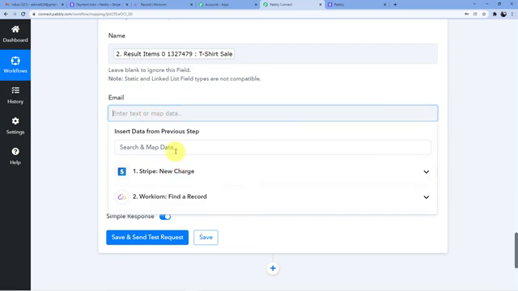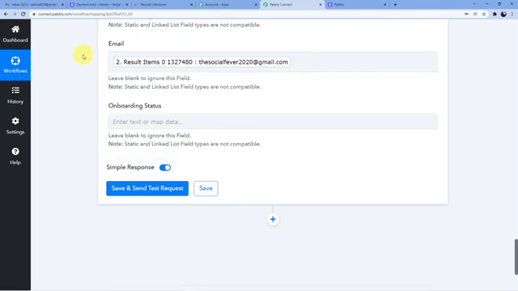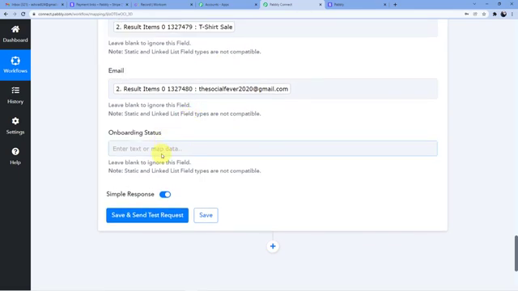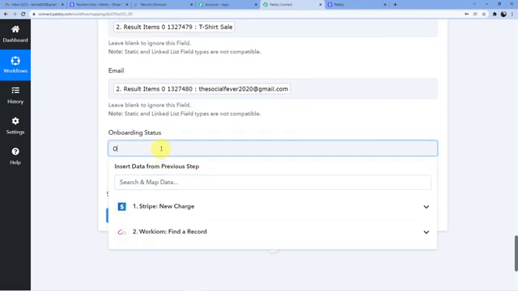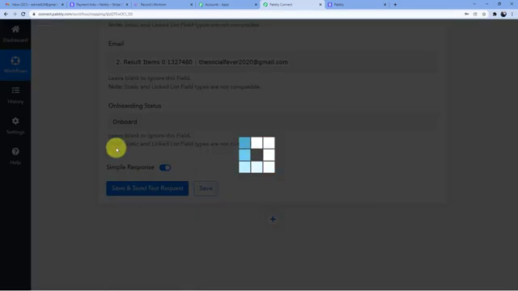Now email, find a record, socialfever2020@gmail.com. This is our email. Now onboarding status, I want to change it to onboard. So I will manually type it onboard. And as soon as I will go for save and send test request,